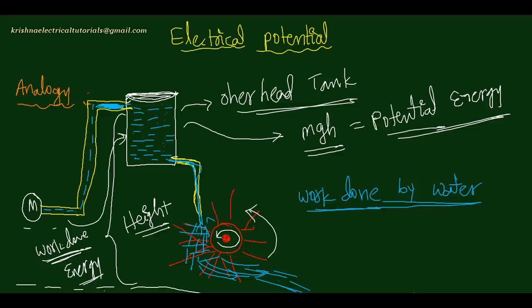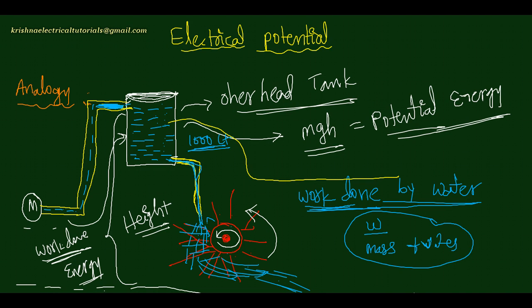Suppose it has 1000 liters capacity. Then work will be done until this 1000 liters of water is completed. So the work done per unit mass of the water is the capacity of the water tank. So how much capacity does the water tank have? That is the question here. How much of the capacity? The capacity of the water is,